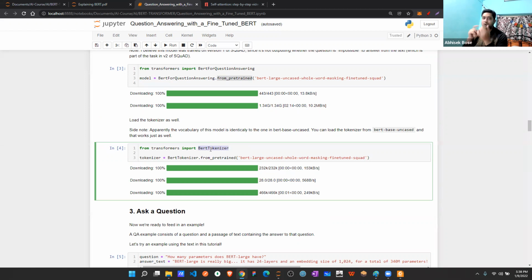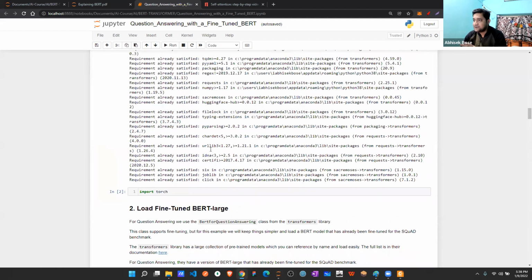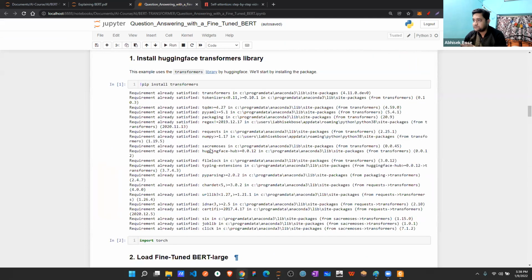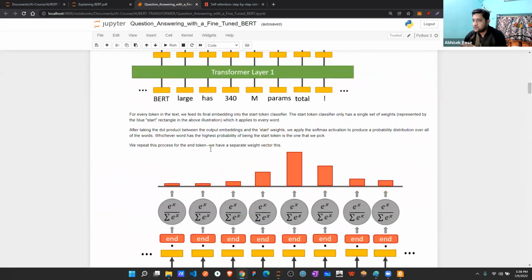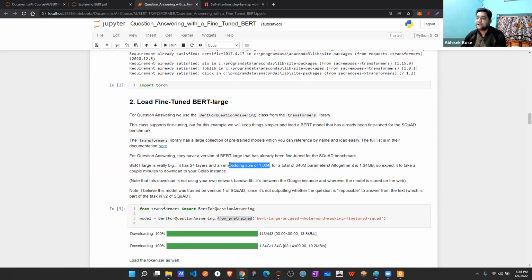Why? Because the pre-trained model is already tokenized, but when you ask your question in English, it is not tokenized, so you need to tokenize it into the format. See over here, they already mentioned: embedding size is 1024. Now how would you know you need to create 1024?